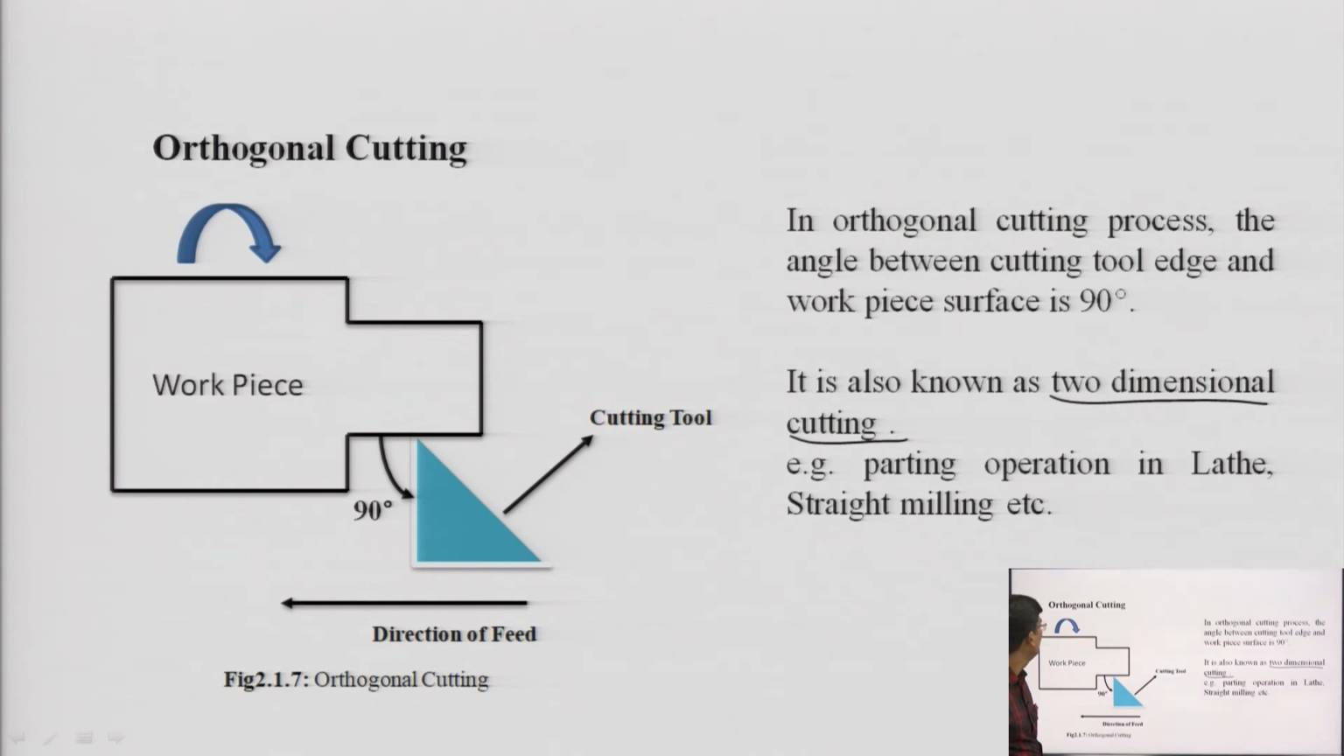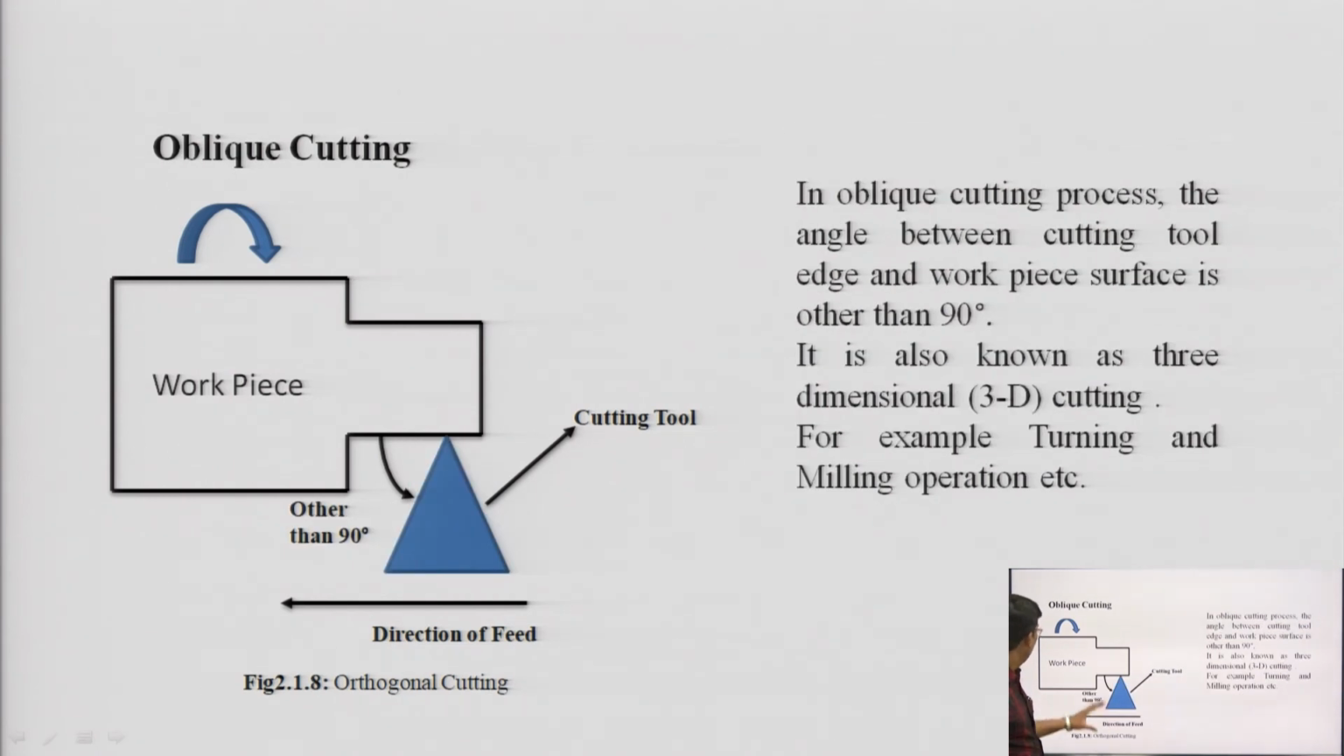Parting operation in lathe and straight milling operation is known as orthogonal cutting. When the angle varies, other than 90 degrees, वो कुछ भी हो, 45 डिग्री भी हो सकता है, 85 भी हो सकता है, 95 भी, 100 भी हो सकता है। बस 90 डिग्री नहीं होनी चाहिए। किसके बीच में? जो हमारा मशीन वर्कपीस है और ये हमारा कटिंग टूल है, इनके बीच का जो एंगल, तो ये कहलाता है ऑब्लिक कटिंग। तो ऑब्लिक कटिंग में angle between cutting edges of the